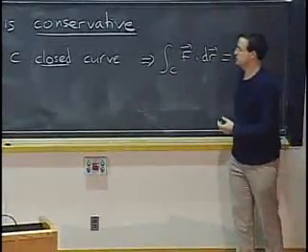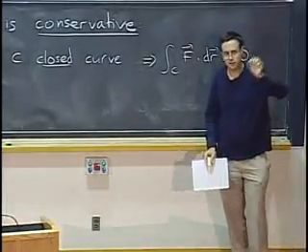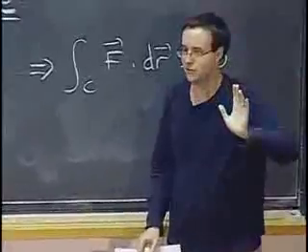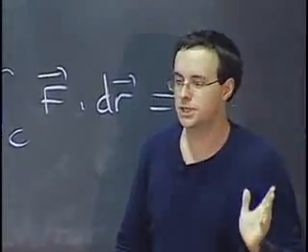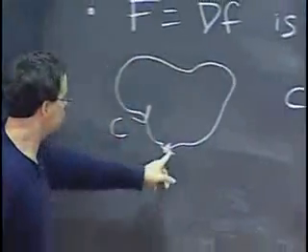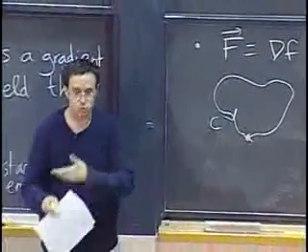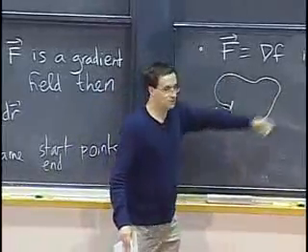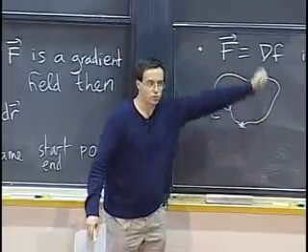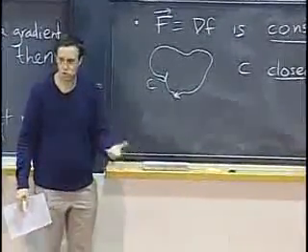The contrary, not conservative, means somewhere there is a curve along which the work is not 0. If you find a curve where the work is 0, that's not enough to say it's conservative. You have to show that no matter what curve I give you, if it's a closed curve, it will always be 0. Concretely, if you have a force field that's conservative, then you cannot build perpetual motion out of it. You can't build something that will just keep going, powered by that force, because that force is not providing any energy. After one loop around, nothing has happened from the point of view of the energy provided by that force. There's no work coming from the force.